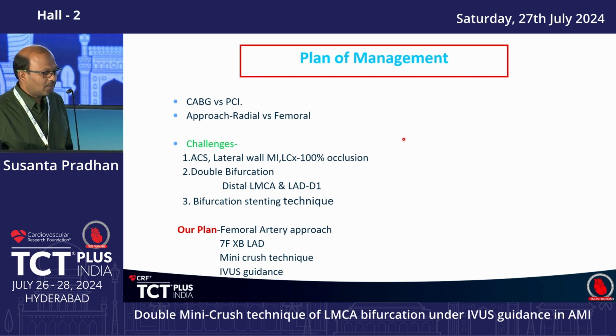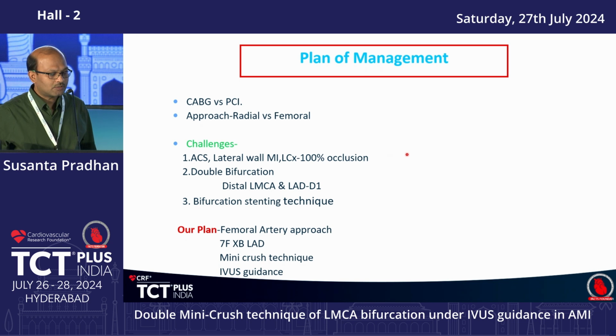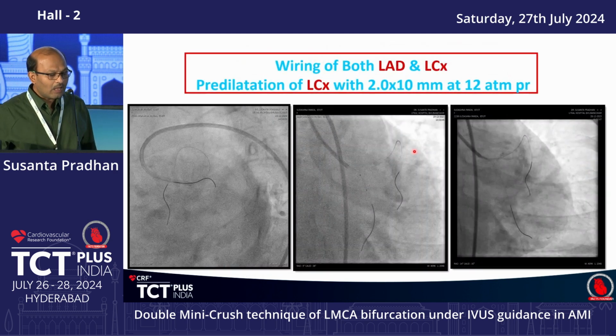We have chosen a plan for femoral artery approach, taken the XB LAD guiding catheter, and our plan was, after the opening of the LCX, to do the mini-crush technique for left main bifurcation, and the LAD diagonal provisional stenting under IVUS guidance. But during the procedure we changed our plan because of complications. After this